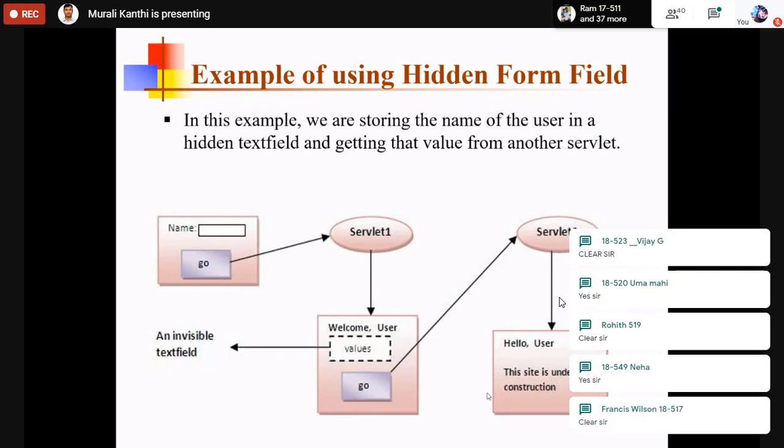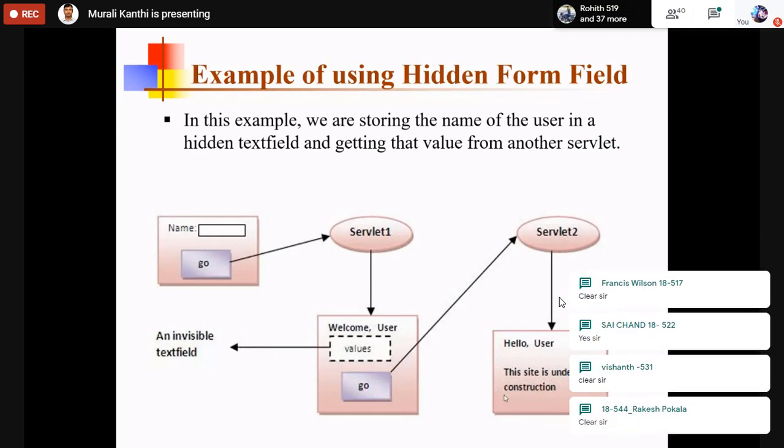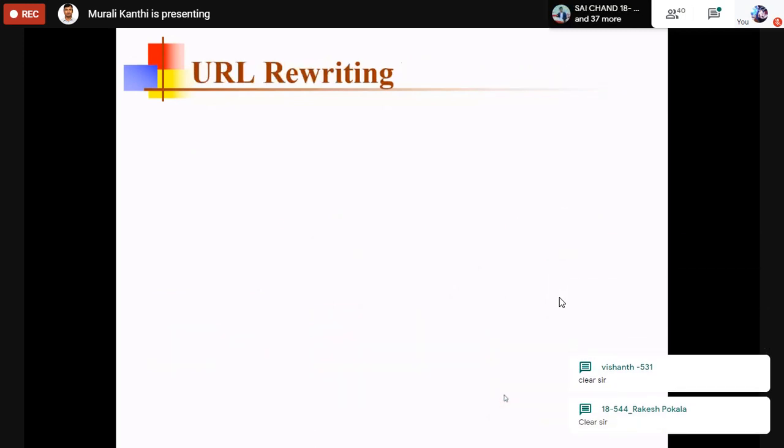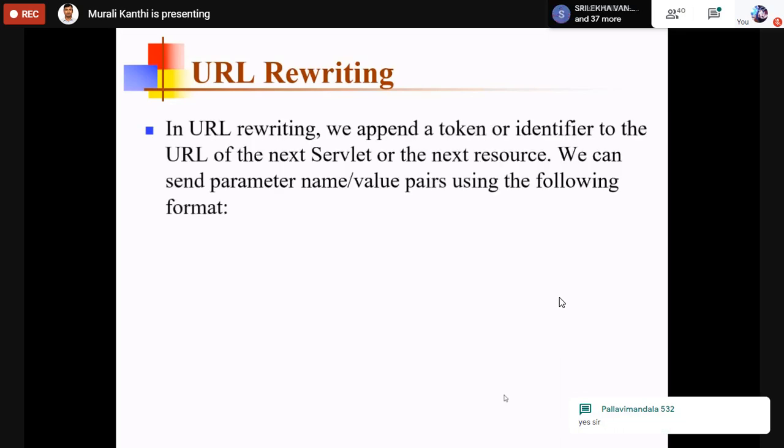Okay, so this is a second mechanism of session management. Then we'll see the third one. The third one is URL rewriting. Here in URL rewriting, we just add one ID along with the request. Request means in the URL we can type, for example, you want to access gmail.com.